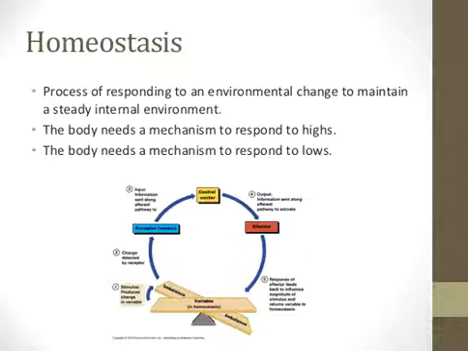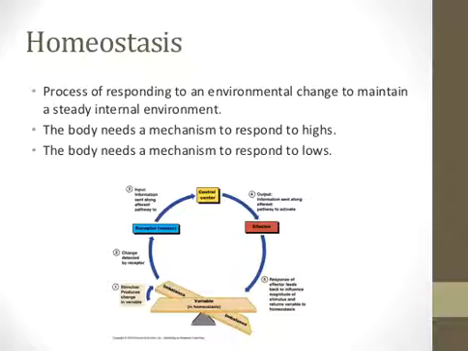Most of the physiological processes we will discuss this year are about maintaining homeostasis in the body. You'll recall from previous biology classes that homeostasis is the process of responding to an environmental change to maintain a steady internal environment. A common example is body temperature. Remember that the body uses the muscles, skin, and the bloodstream to maintain a constant 37 degrees Celsius or 98.6